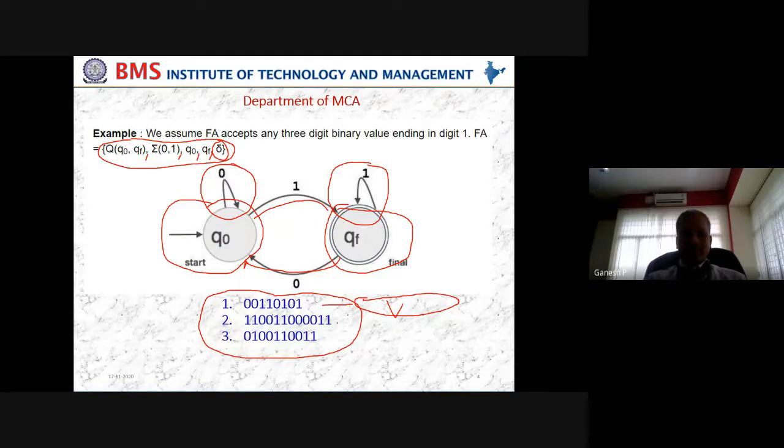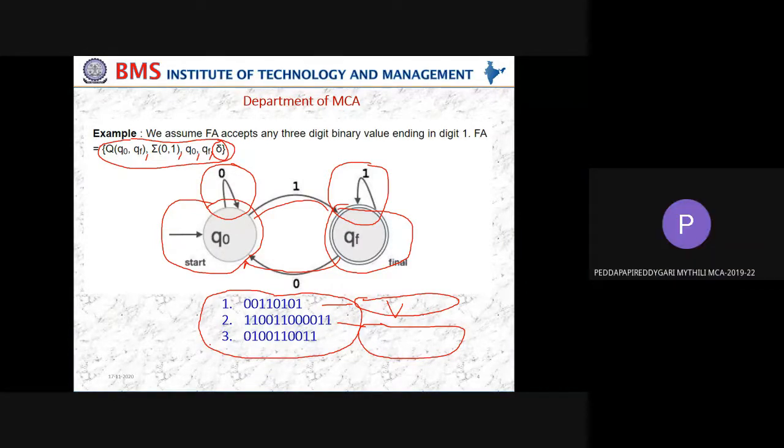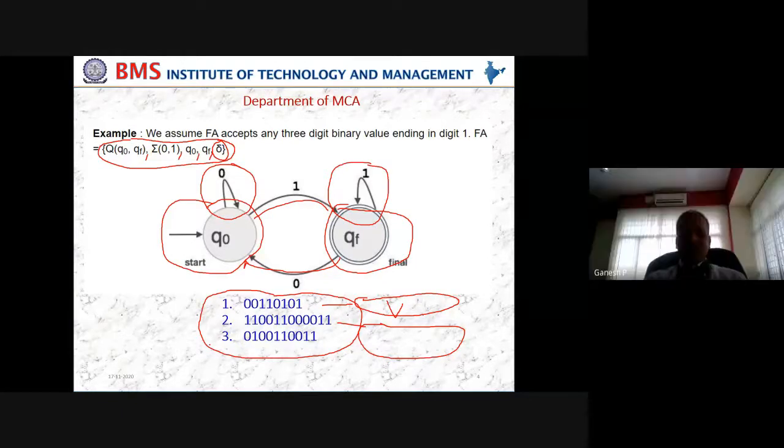How about this? Valid, sir. Valid. So the minute you see 1 at the end, 1 means you have reached the final state. In all other cases, you can toggle easily between start state and final state. So it doesn't matter. If you have 0 here, let me see what is the output for this now. Take 1, 0 here.